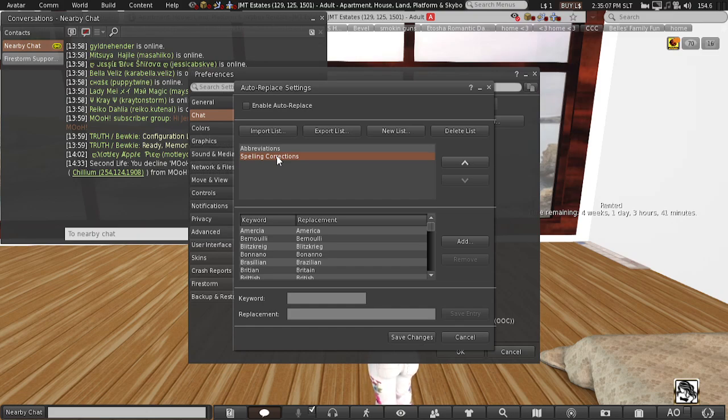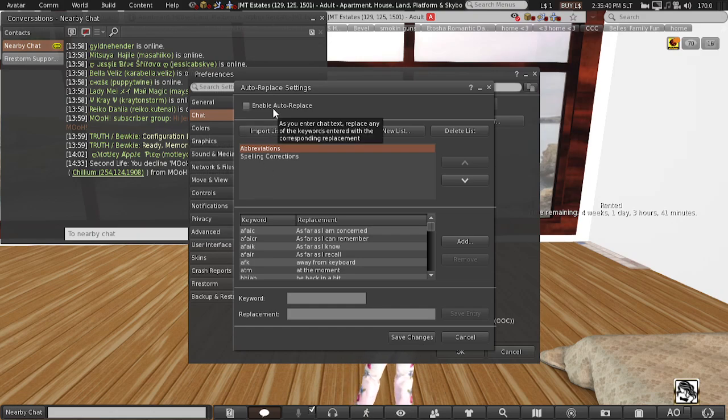The spelling corrections is very similar to those annoying ones on smartphones, which I personally always disable. But the abbreviations here are actually useful,